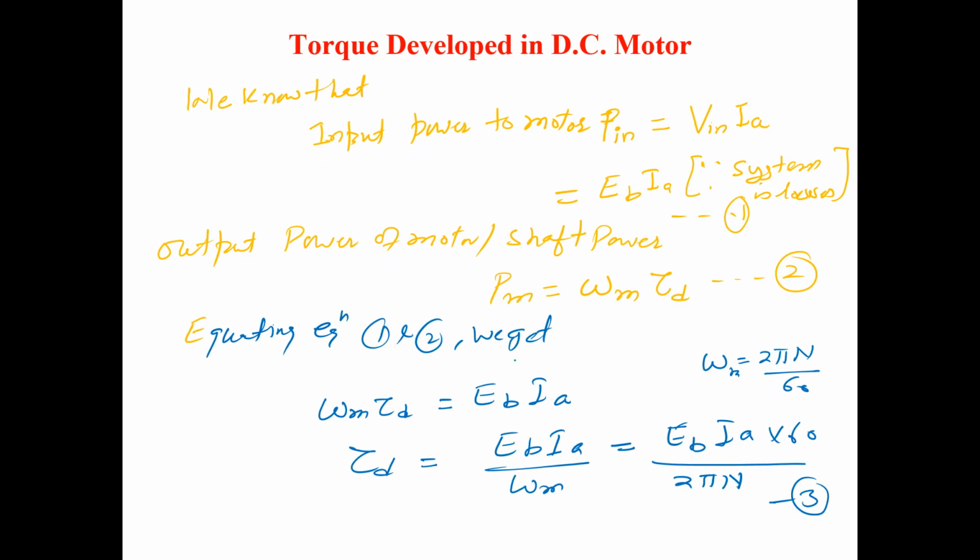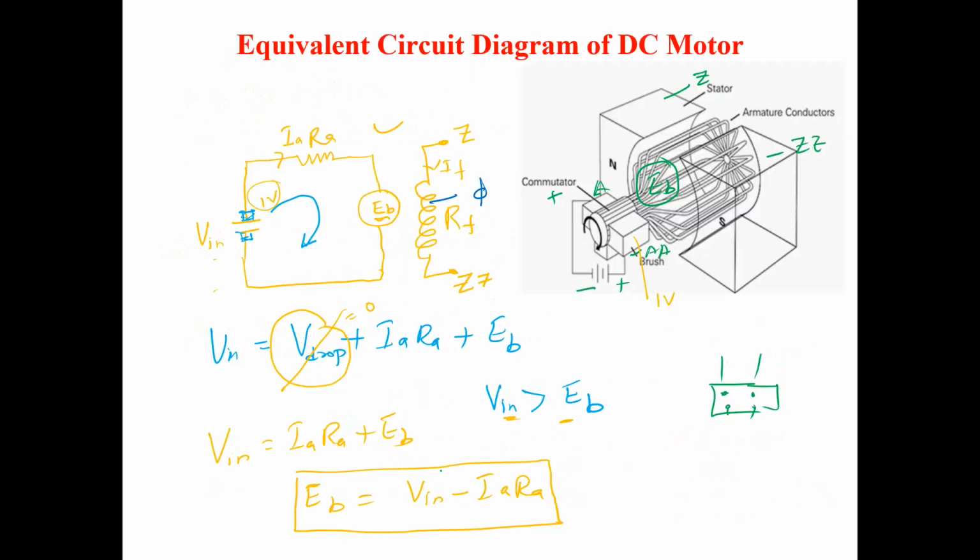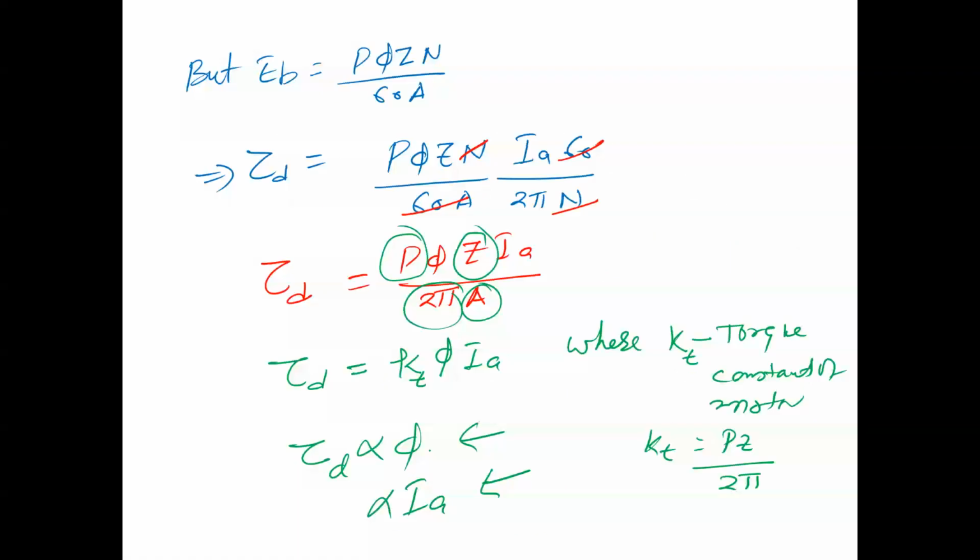If we correlate these two equations, the back EMF depends upon speed and flux, and the torque depends upon armature current and flux. Only one parameter changes, that is the armature current, that is, what amount of current the motor will draw. This will be the EMF equation, which is similar to the equation we have already studied in the case of a generator. Back EMF equation and torque equation.